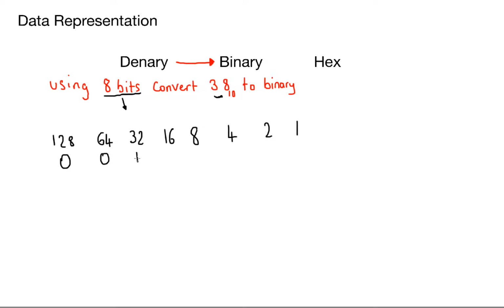I move to 32. I can get one lot of 32 out of 38. And that leaves me with 6 left over. And I try to take 16 out of 6. I can't do that. I try to take 8 out of 6. I can't do that. I try to take 4 out of 6. I can do that. It leaves me with 2 left over. I try and take 2 from 2. Yes, I can. And that leaves me with nothing left over. So that leaves me with my binary number as